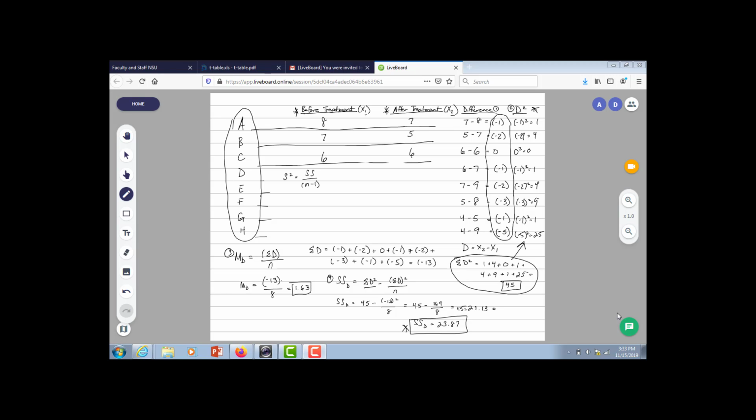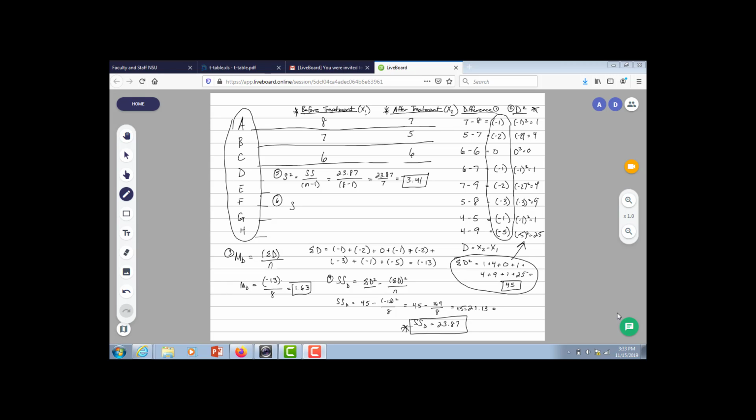Since we just calculated our sum of squares for the different scores in step 4, we can simply bring that 23.87 up and put it in the numerator, and our denominator would go 8 minus 1. So we do 8 minus 1, which would give us 7, and over top that would be 23.87, and then when we complete that equation, we will end up with a 3.41 for our variance. So this can be viewed as step 5, and then from there you can proceed to step 6, which is